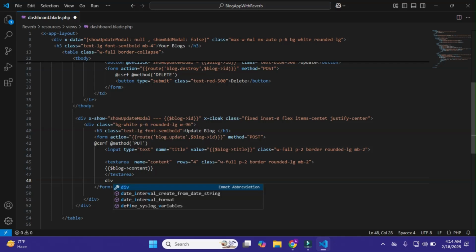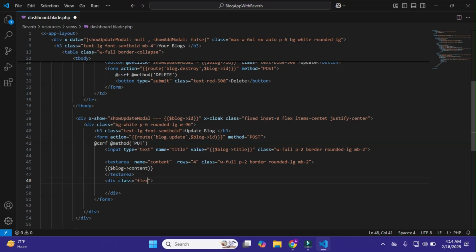After it I'll make a new div and give it class flex justify-end. Within it I need two buttons.